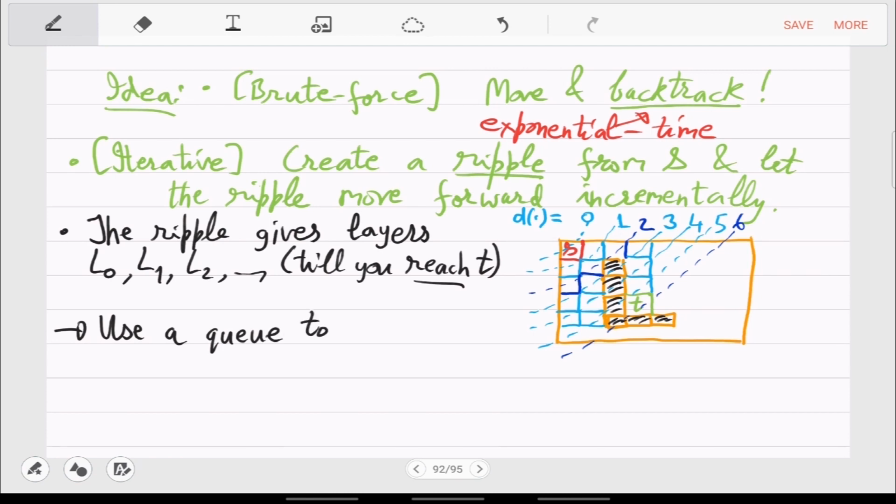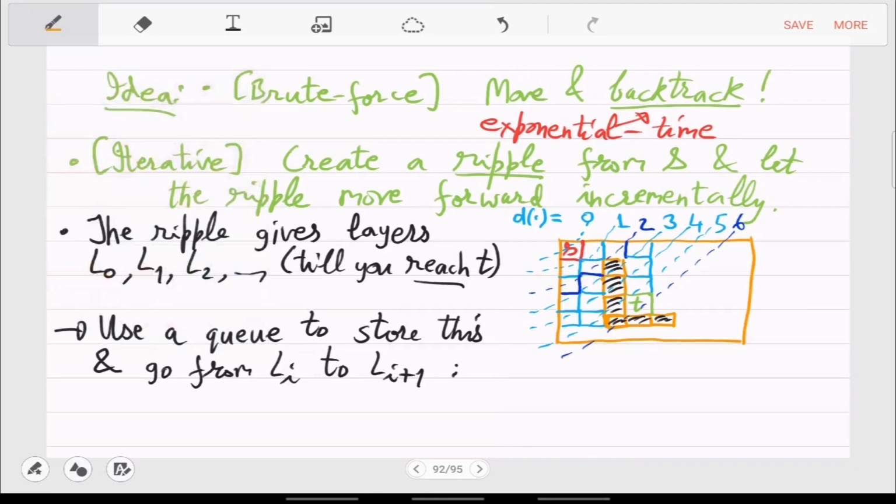Use a queue to store this and go from Li to Li plus 1.